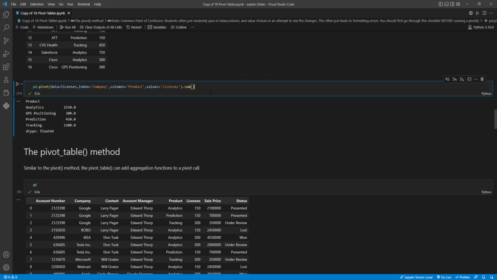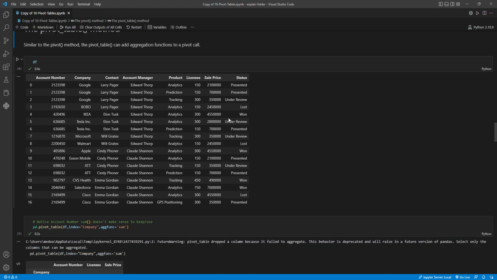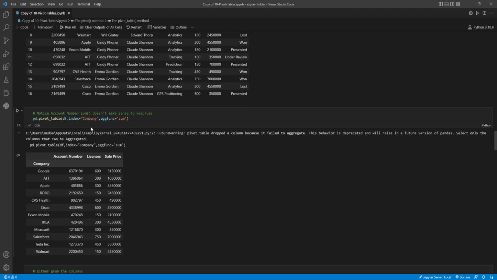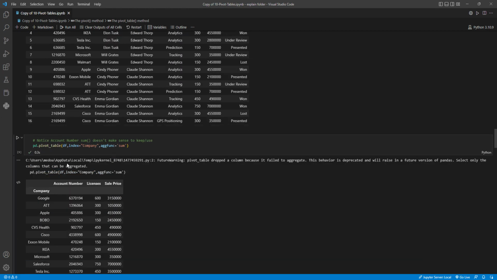And how can we do this? We will check it together now. So this is our normal data. Notice account numbers, some don't make sense to keep or use. So here we use the pivot table. The df stands for the data we want to use, and we made the index